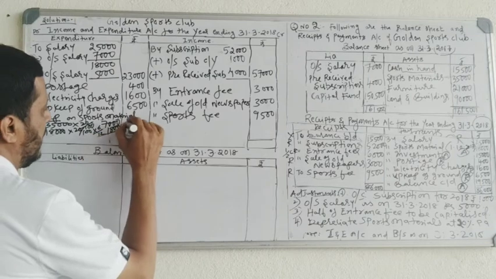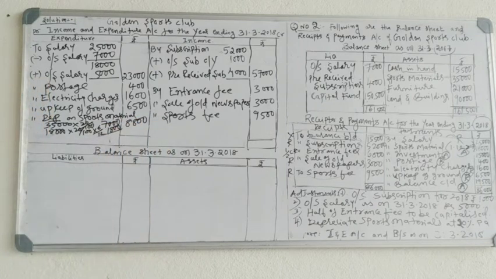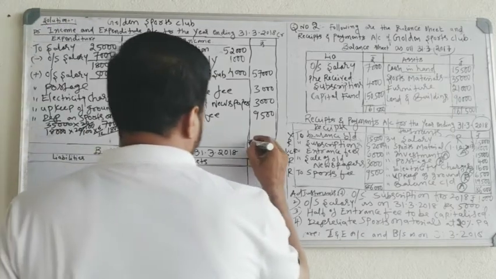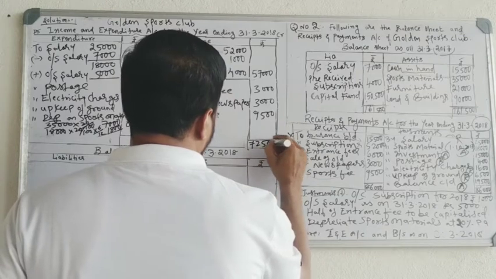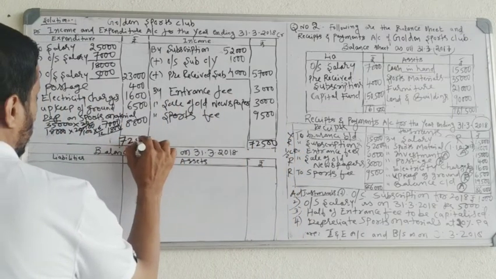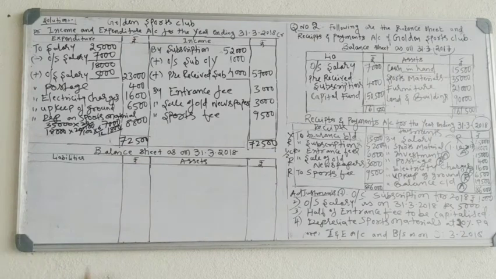Total depreciation is 8,800. Okay, so we have completed the income and expenditure account. Now we will see the total. The total of the credit side is 57,000 plus 3,000 plus 3,000 plus 8,500 plus 1,000, that is 72,500. Write the same total here also, 72,500. From 72,500, deduct all the expenditures: 23,400, 1,600, 6,500 and 8,800.